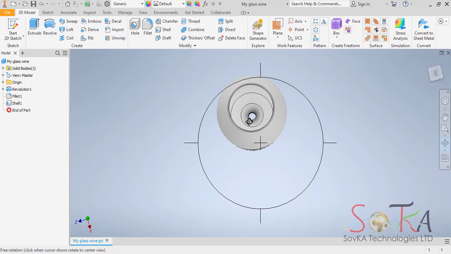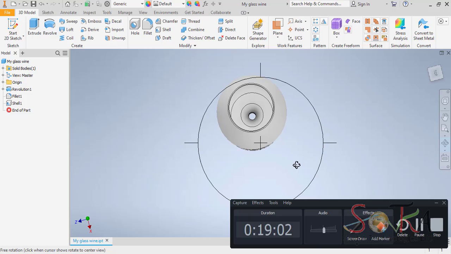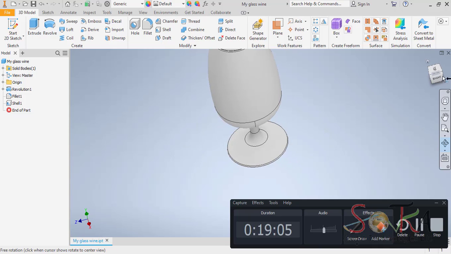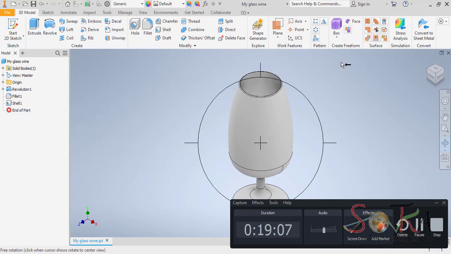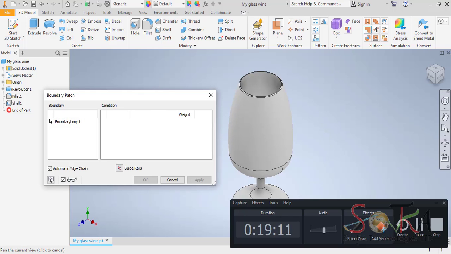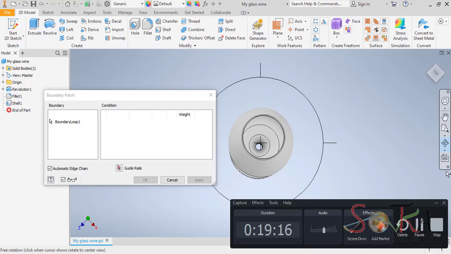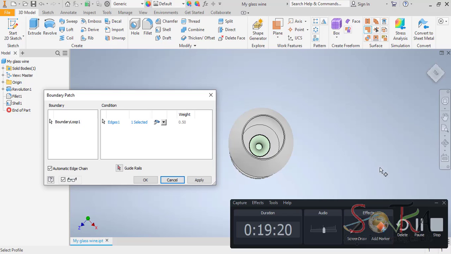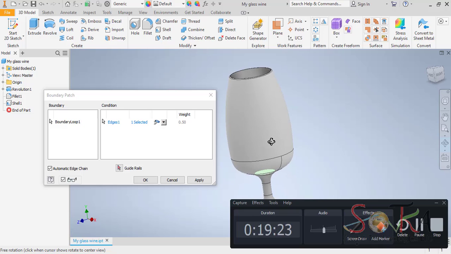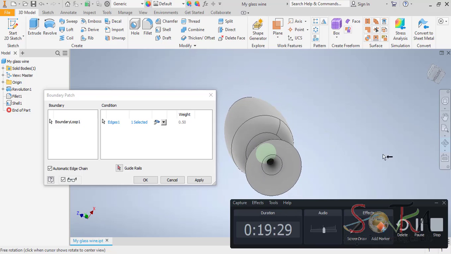I want to patch this surface. If I'm going to patch this surface, then I want to rotate it a little bit, click home and move it. Here's a tool for patch. Click on it and rotate it. Make sure when you're selecting, you select the right part. Here it is. Do not select the outer edges. As you can see, it already has a thickness of the surface there. Now I rotate it again and select the